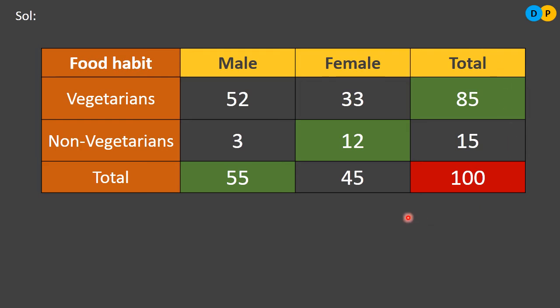So they have stated that in a sample study they have met certain residents. What is the percentage they have met? They have not disclosed, but we will go with an assumption that they have met 100%, because they have told us in the question itself that 55% of the residents were males.